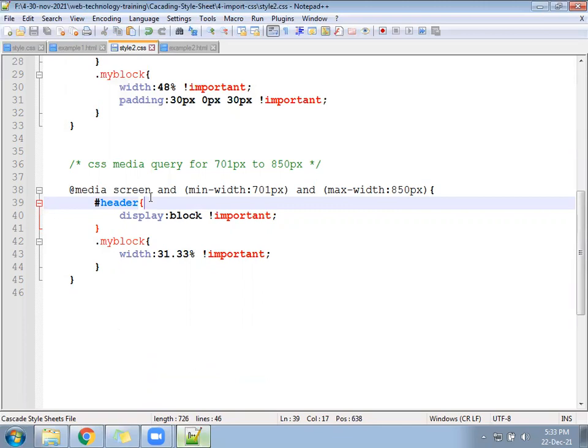Okay. Next, after that, we can create another file to play with the UL and LI. On some websites, when you open them on a laptop, the menu comes in one line. When you open it on a mobile phone, the menu goes to a new line. Correct. So UL, LI. By default, UL is block level; it will print on a new line. We have to convert it into inline, and again, according to need, convert it into block, so that it will be in one line and then go to the next line.